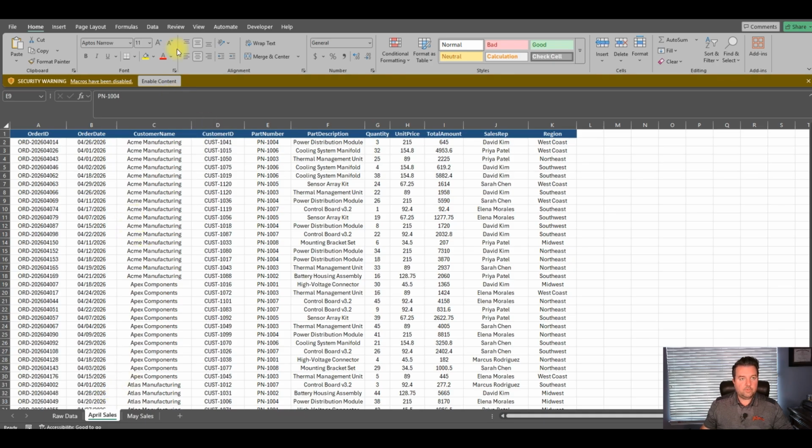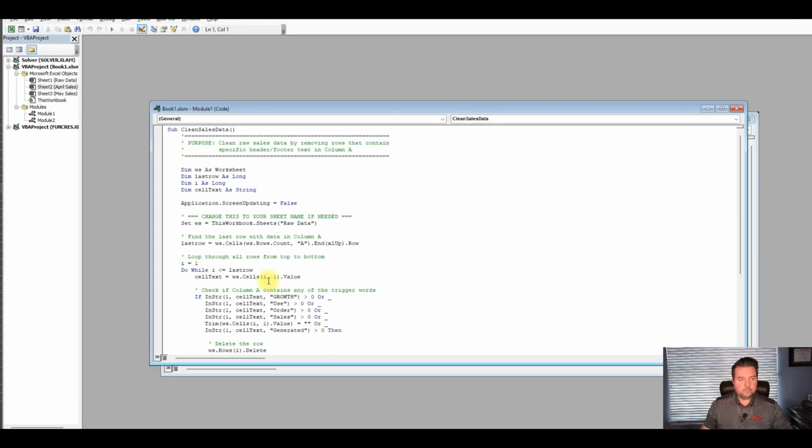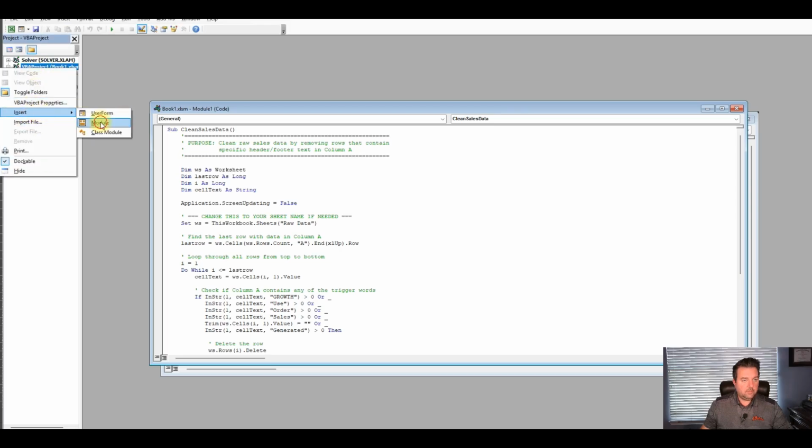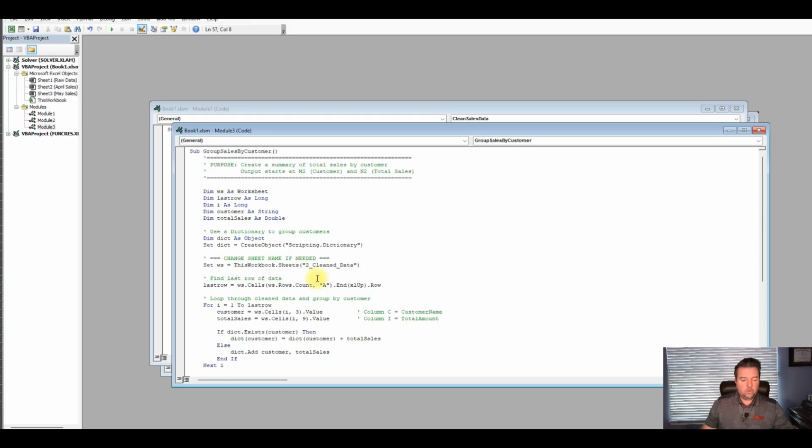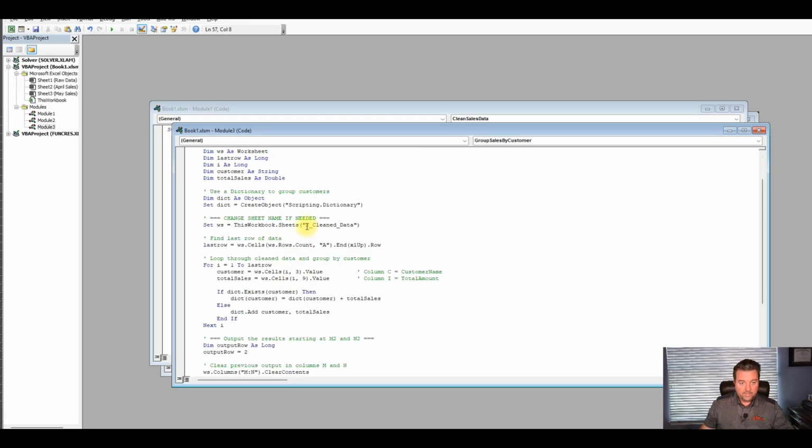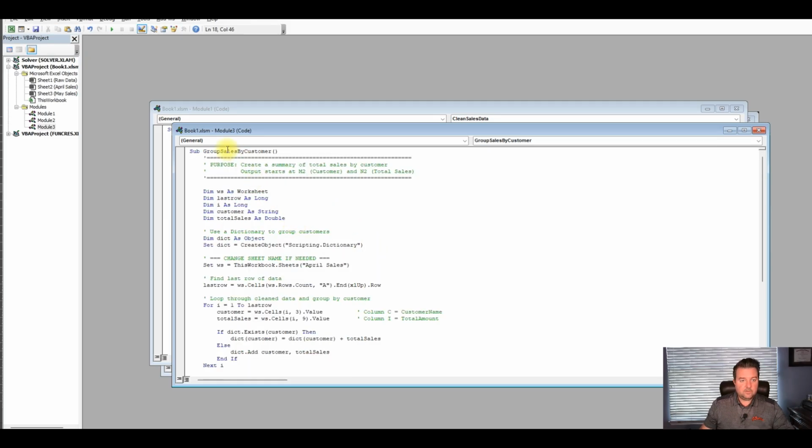We're going to start at April sales, which is the name of this one. So again, we're going to go over to our developer tab, Visual Basic. We're going to go to our Book 1, right click, insert module, and paste over that code that we just talked about. Again, we have to be careful here because we're saying April sales, and we actually need to change the name too, because we're going to have 3 different macros, 1 for each. You can't have them be the same, because if you were on May and you clicked run the macro, it would still go back to April. It would go back to whatever it says in the code.